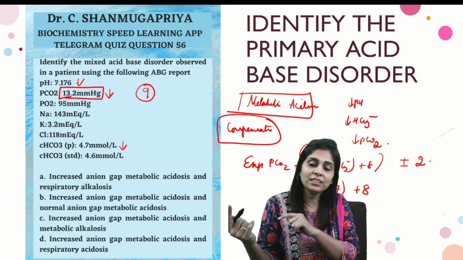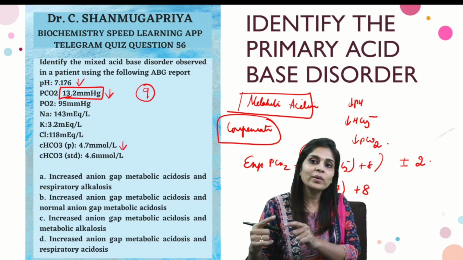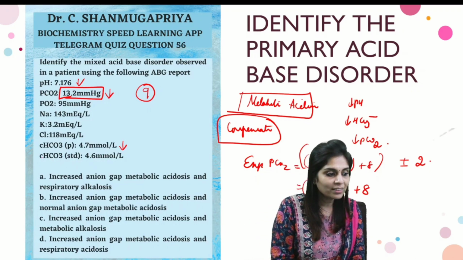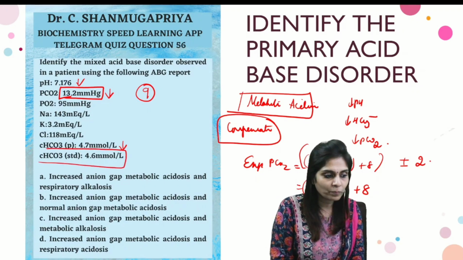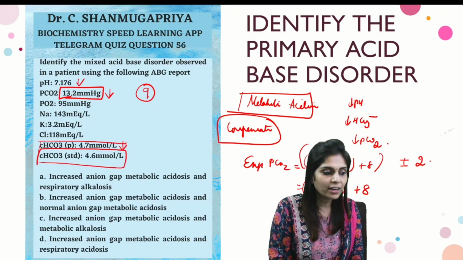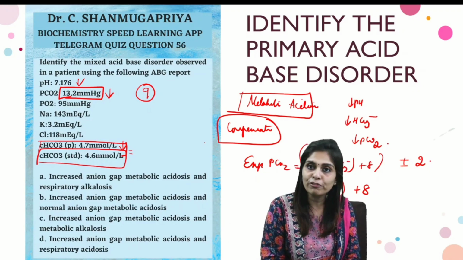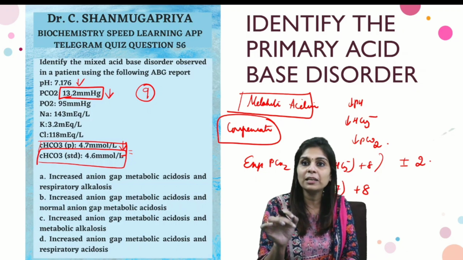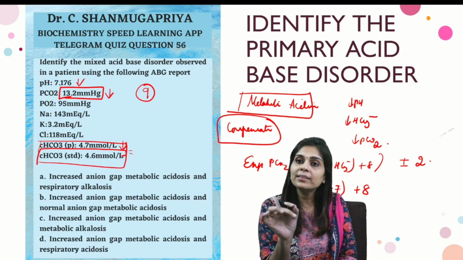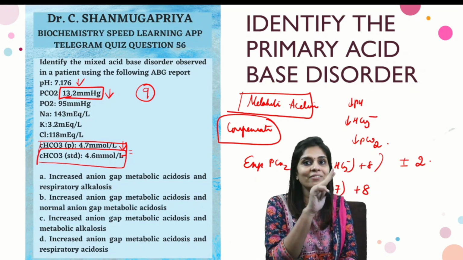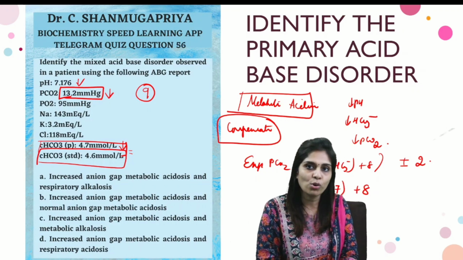And there is another reason because of which I'm going to exclude a hidden respiratory disorder, that is based on the standard bicarbonate value. I've compared the actual bicarbonate value with the standard bicarbonate value. I see that both are equal. If both are equal, it means it's a metabolic condition without a respiratory defect, explanation for which has been given in the second video. I've attached the link below in the description box.